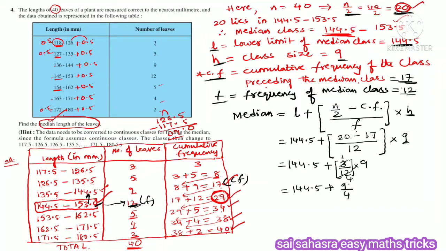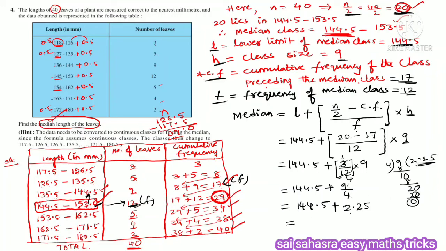When you divide 9 with 4, what are we going to get? Let us see in rough work. With 4 we are dividing 9. 4 twos are 8, 1 left, point 0. 4 twos are 8, again 2 left. Point, if you consider 0 will come, 4 fives are 20. So 20 minus 20 will be 0. So 2.25 is the answer. 144.5 plus 2.25. 9 by 4, when you divide 9 with 4, the answer is 2.25 that we are writing.